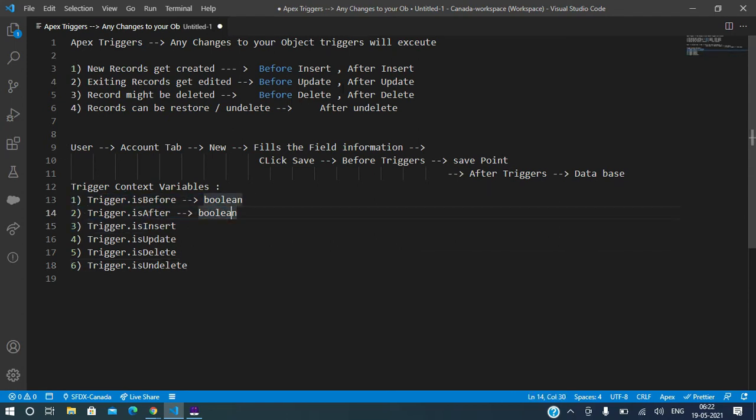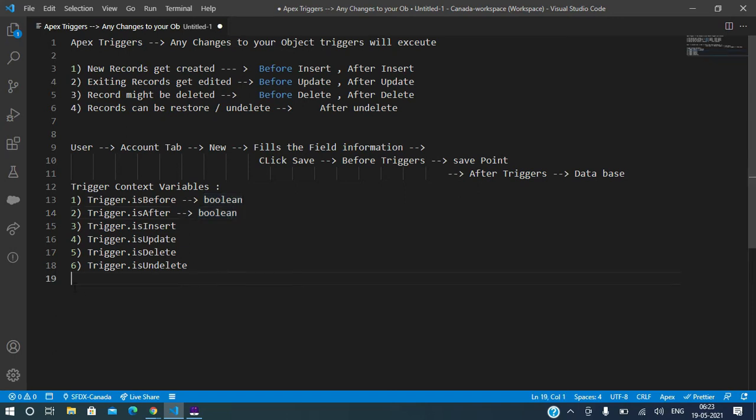If I say, hey Gautam, write a condition to check whether the trigger is running on after insert or not, how will you write the condition now? Like Trigger.isAfter. And after means it has four events, right? Insert, update, delete, and undelete. Just isAfter means it will return only for after triggers. It can be any event, right?